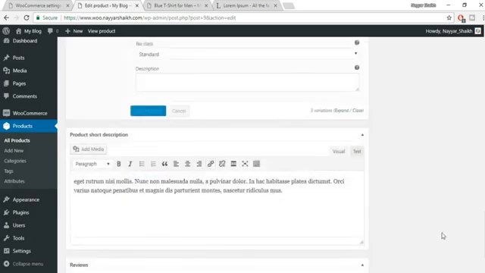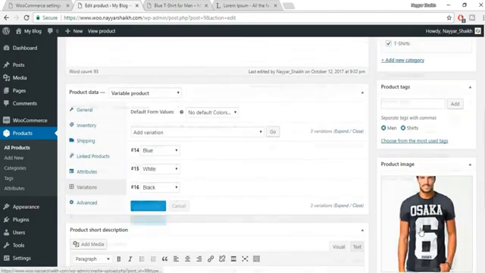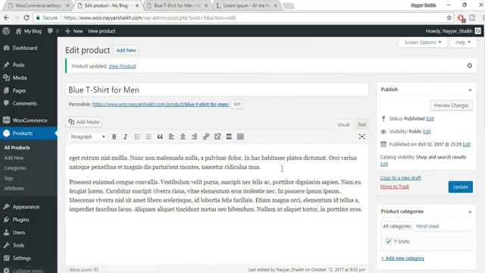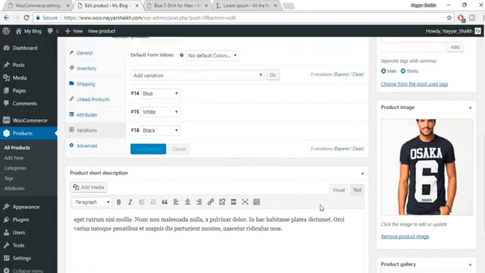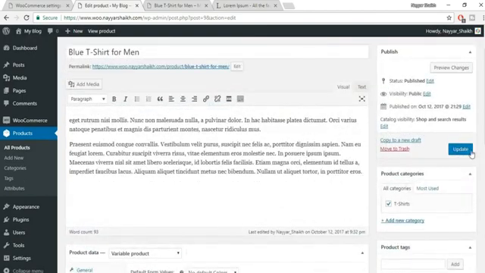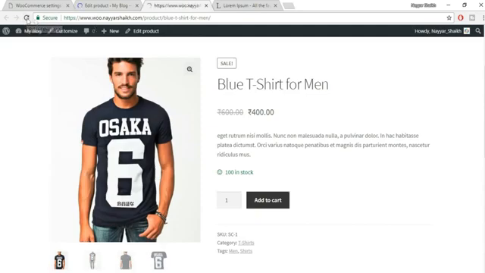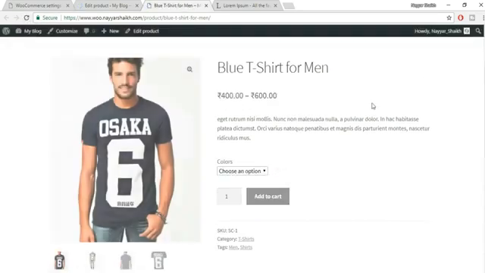Click on save changes. Rest all the settings remain the same. The short description, long description, product categories and everything remain the same. Only this has changed. Now click on update. Again come back to your product, refresh the page. Now as you can see, instead of a single price, we are getting a price range of 400 to 600, and we are getting an